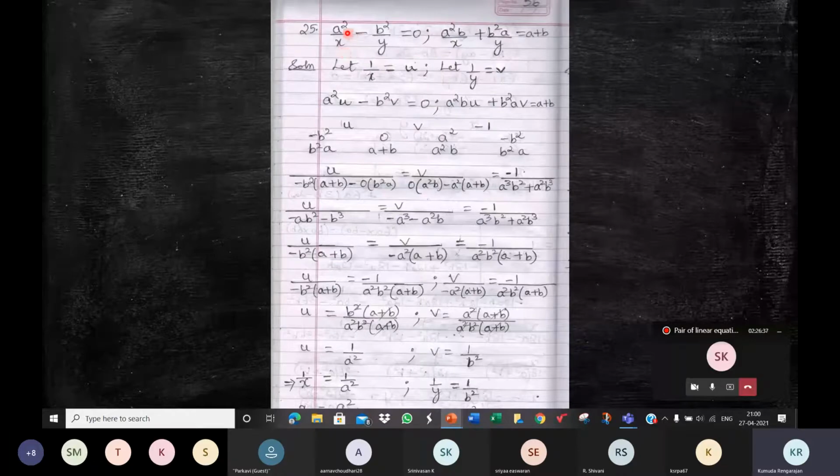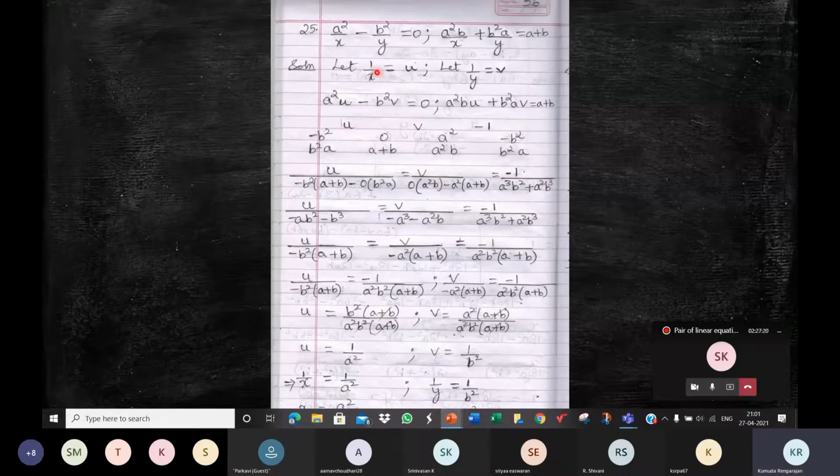So when you take it up to the numerator, it will be x to the power minus 1. When you take this y to the numerator, it will be y to the power minus 1. When is it linear? When the power of x is 1 and the power of y is 1. But here when you take x to the numerator, you must read the powers when x and y are in the numerator, not in the denominator. So when you take x to the numerator and y to the numerator, it will be x to the power minus 1, y to the power minus 1. So these equations are equations in x and y, but they are not linear equations in x and y.